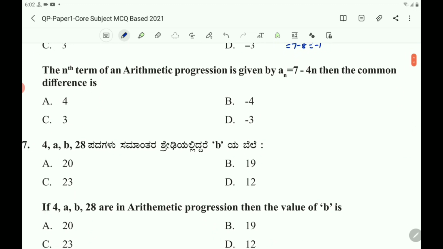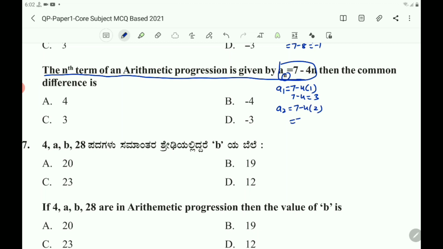Same question in the English medium. The nth term of an AP is given by an equals 7 minus 4n. Then the common difference is. To find the common difference, you need two consecutive terms. So let us find a1 and a2. How will you get a1? In the place of n you put 1. a1 equals 7 minus 4 into 1, that is 7 minus 4, 3. Then a2 equals 7 minus 4 into 2, that is 7 minus 8 equals minus 1. d is equal to a2 minus a1, that is minus 1 minus of minus